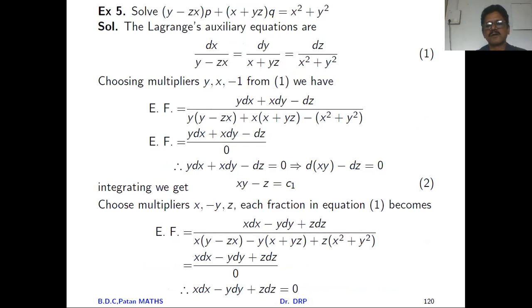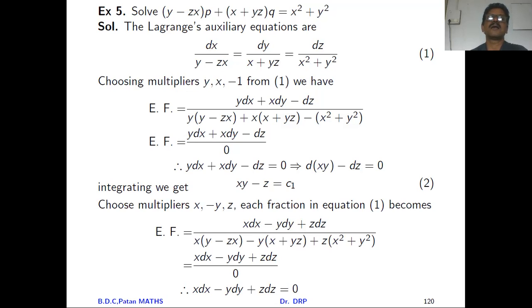Now we will proceed towards one more example, friends. Solve (y minus zx) p plus (x plus yz) q equal to x square plus y square. So again this equation is in what form? Pp plus Qq equal to R. So Lagrange's auxiliary equation takes the form dx upon P equal to dy upon Q equal to dz upon R. Now here in this case, if you take any two ratios together, it can't give the required solution. So you apply method number 2, which I have already explained,